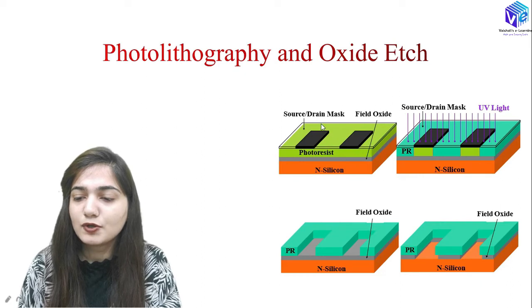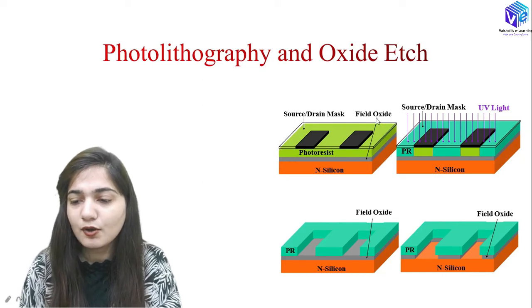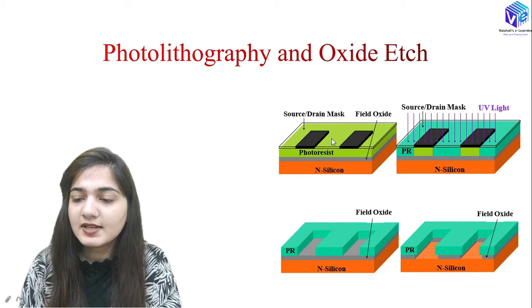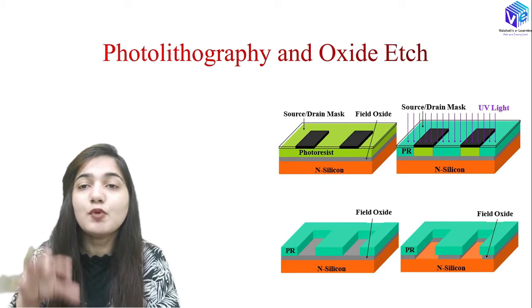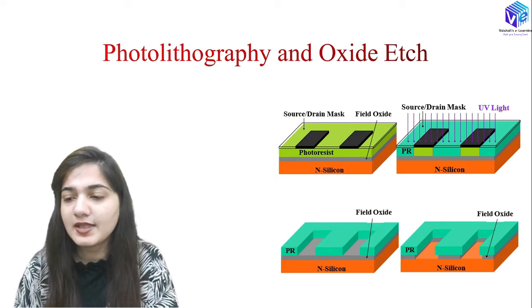So here I want to change the characteristics. This is the black painted area. This is just a glass. On the glass I have a black painted area, and I have placed the glass over this photoresist. This is called the alignment. In the alignment I am aligning the glass at the proper location where I want my source and the drain.